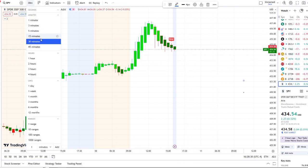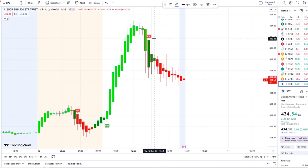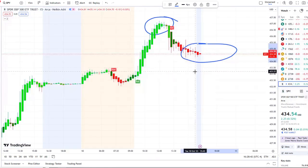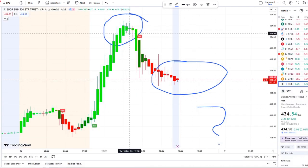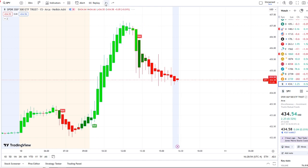If we zoom into the volatility, we could see here on the 15-minute a bear indicator popping up at the 436.36 area. And so far a transition from bright green bars to red bars has happened. And the question is, could it continue into red borders and complete a full transition in the volatility of the 15-minute? So we have a bear indicator on the 15-minute, we have a bear indicator on the 30-minute, and